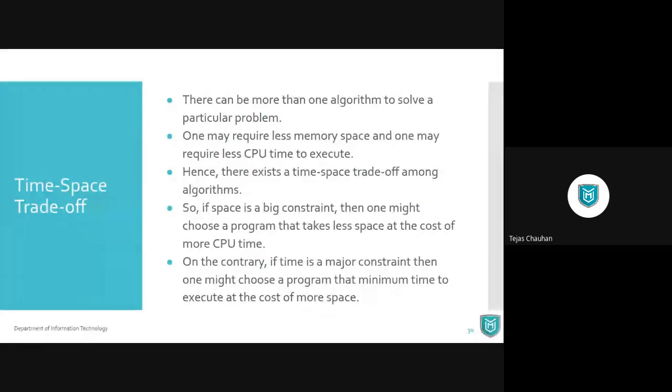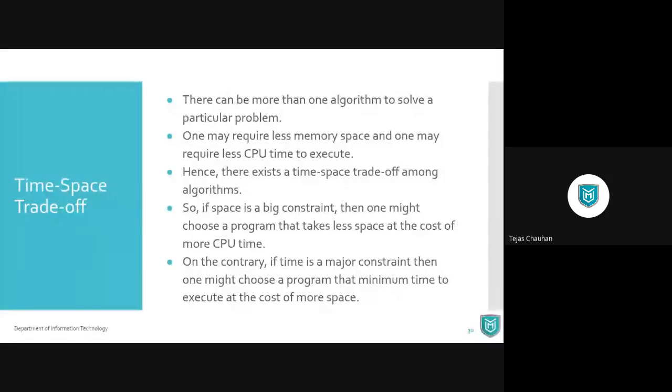There are multiple ways to solve your task, to solve your problem, but with all those different algorithms or ways, you'll find there is always a time and space trade-off. Someone will take much time and less space, whereas the other one will take less time, but it will take more space.